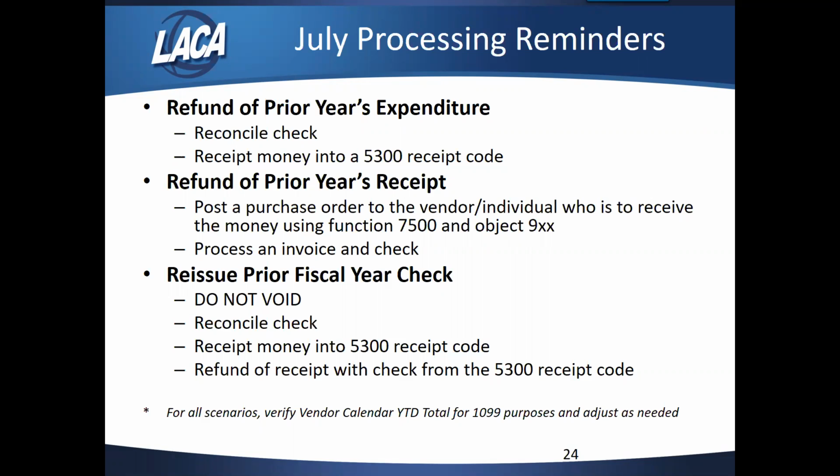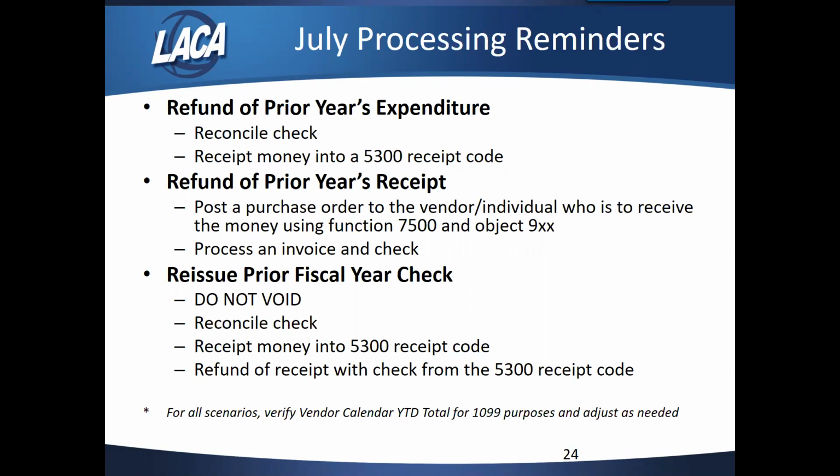And if you are refunding a prior year's receipt, you would want to post a purchase order, selecting the desired vendor who you owe that refund to, and on that purchase order use a function code of 7500 and an object code in the 900s, and then you process an invoice and a check against that purchase order to refund